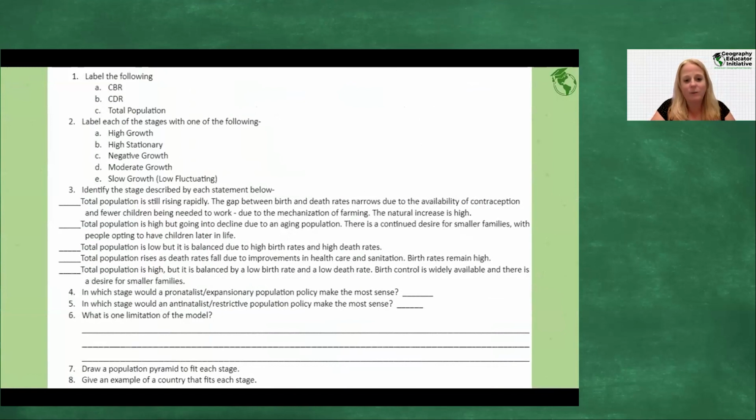If you had to pick a key concept in population, wouldn't it be the demographic transition model? I mean, that's what weaves everything together. So they're looking at the DTM, they're labeling it. This is stuff we've done earlier in the year. They're applying it in a slightly different way. They're talking about a limitation. They're drawing population pyramids that might correlate to those stages and giving examples. And then